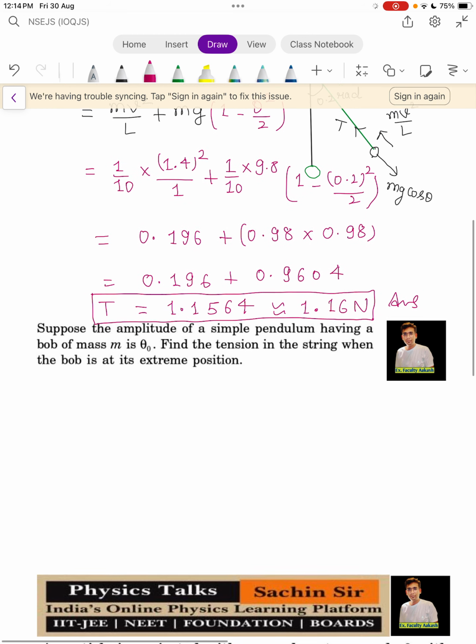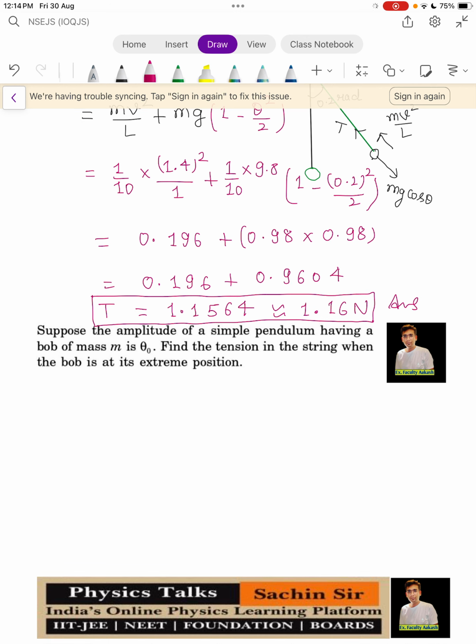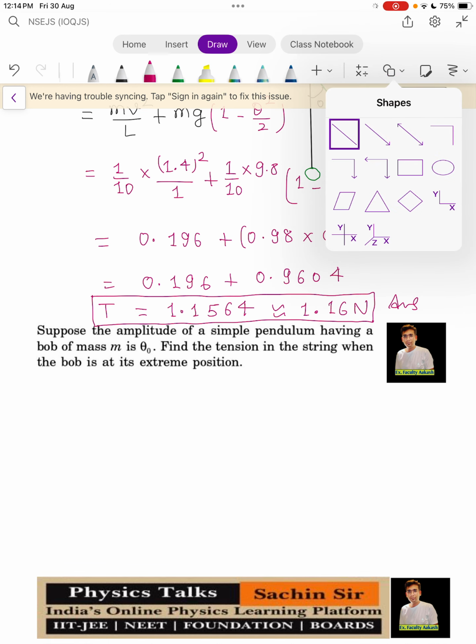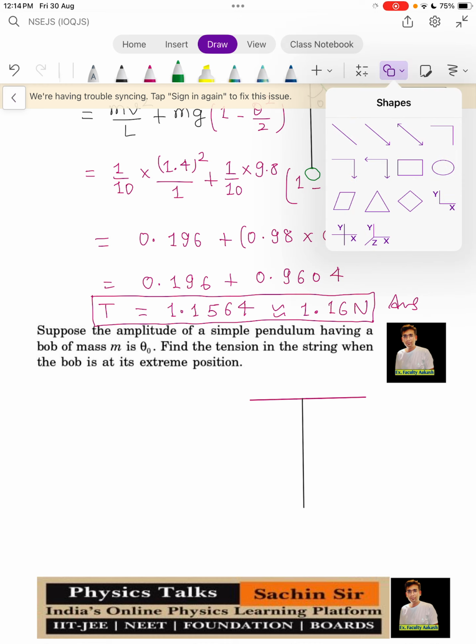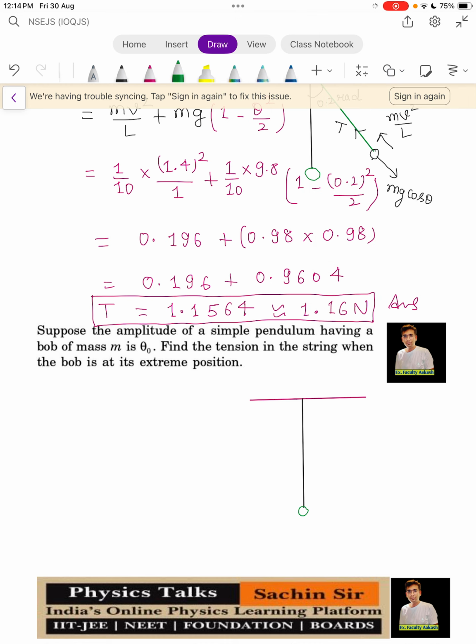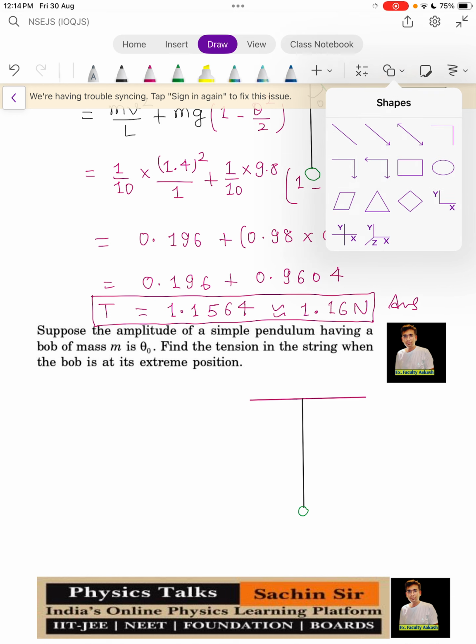नेक्स्ट प्रॉब्लम देखते हैं अभी, कि यहाँ हमें कहा गया है कि एक सिंपल पेंडुलम है और यहाँ बना लेते हैं। पहले जो भी हमें गिवन है उस सिचुएशन को हम लोग ड्रॉ करेंगे ताकि इजीली हम लोग समझ पाएँ।